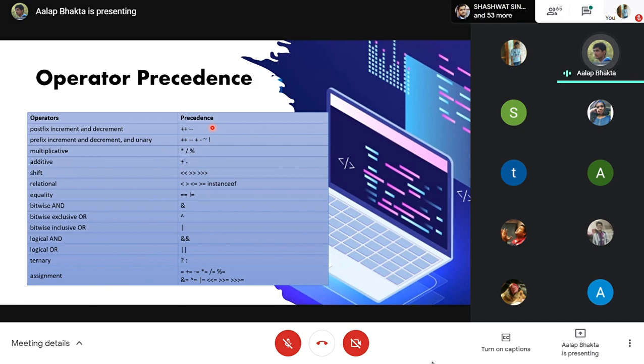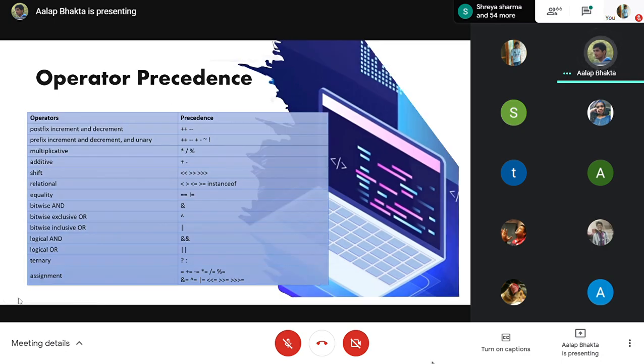And the first thing, it will increment any value. So if there is an increment operator or decrement operator, it will do that first, then the multiplication. Top to down is the precedence, and here it is left to right. So while coding, or if you know C programming, you have come across operator precedence. So here is the operator precedence, right over here.